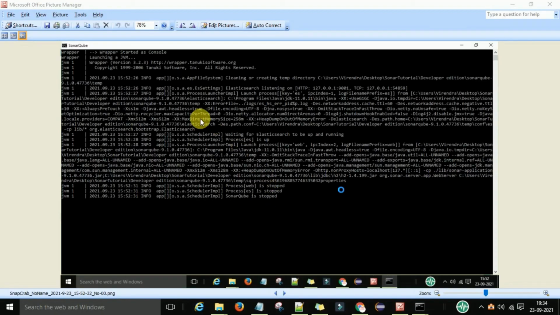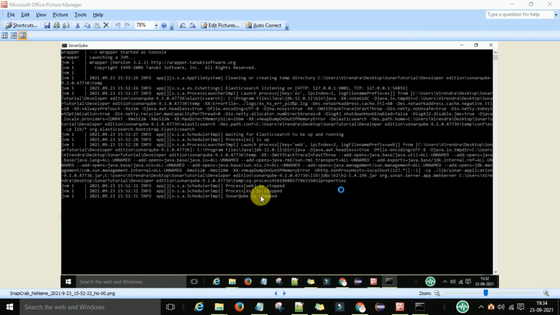When you're launching the SonarQube developer edition and you get this error, it means your SonarQube suddenly stopped and is not launching on the default port number 9000. In that case, how do we solve this problem? This problem will come when you have already run the community edition on your system, and after that you try to run the developer edition, then definitely you will get this error.